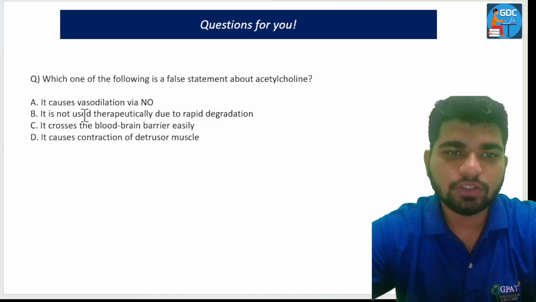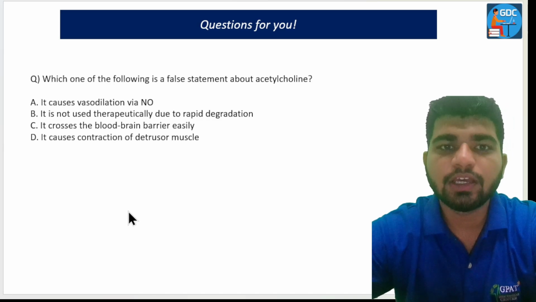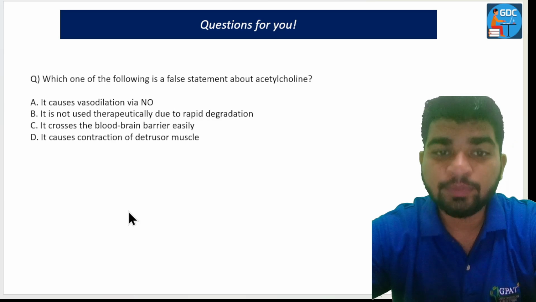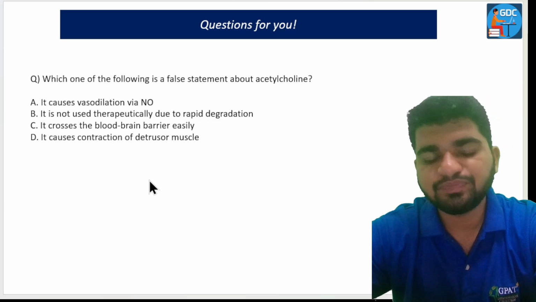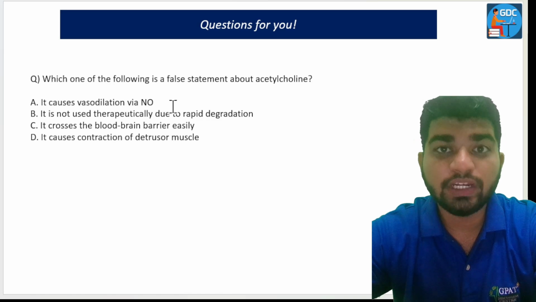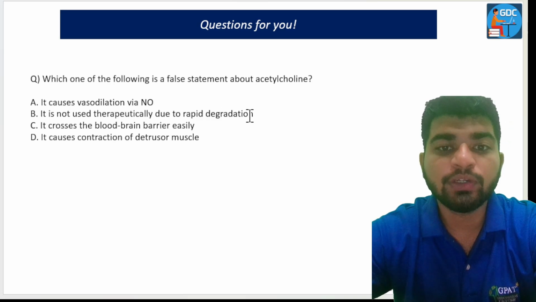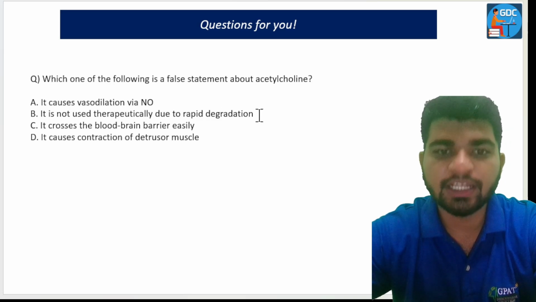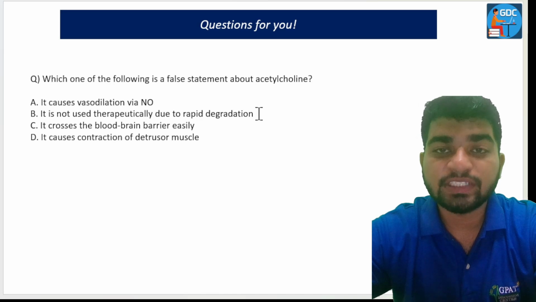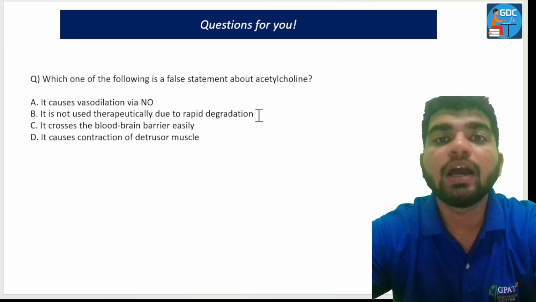The first option is it causes vasodilation via nitric oxide. Yes, it generally acts through M3 receptor and then releases nitric oxide through EDRF, endothelial dependent relaxing factor. Next, it is not used therapeutically due to its rapid degradation. Yes, that is right, because there are various acetylcholinesterase enzymes and butyrylcholinesterase enzyme, which are responsible for the rapid